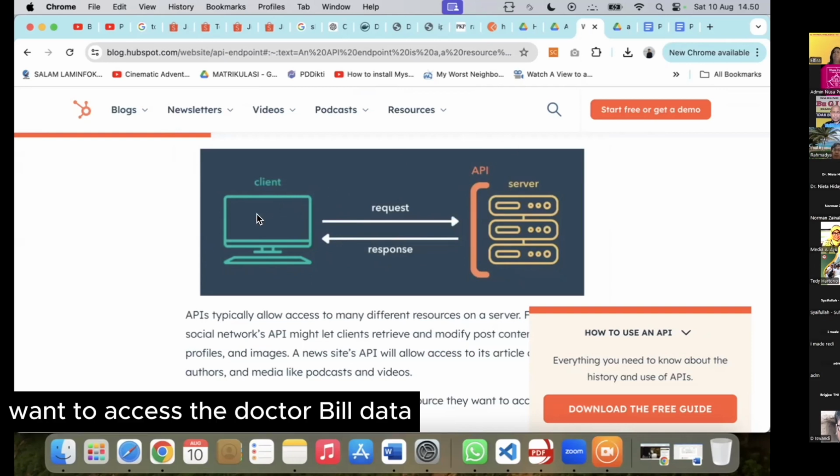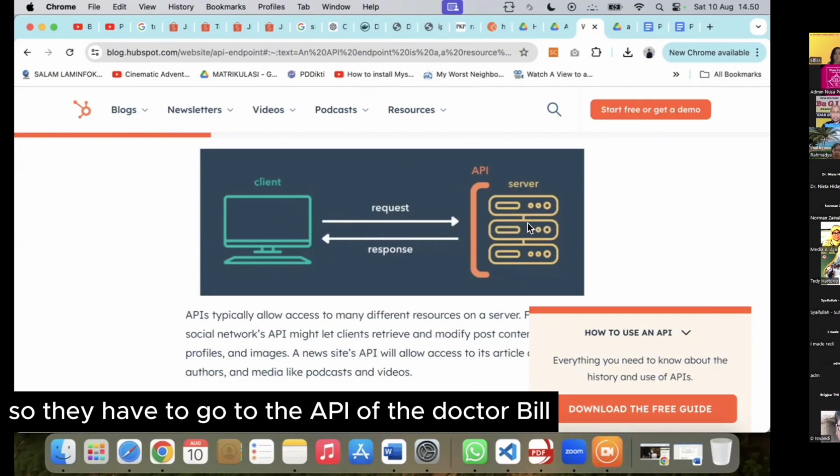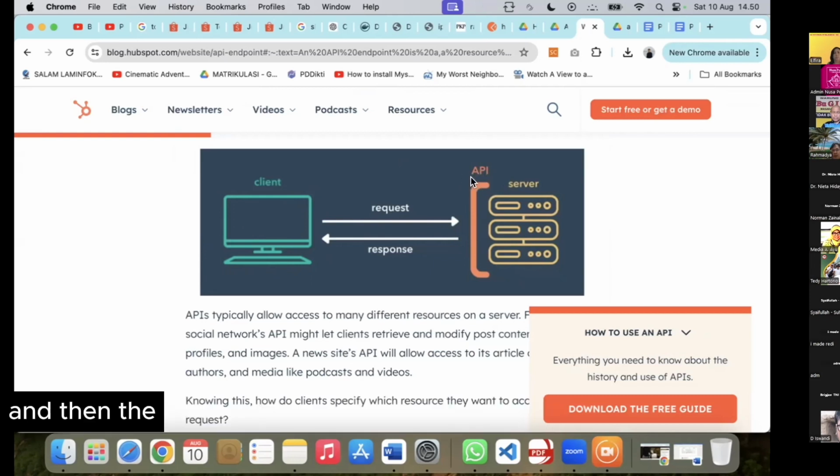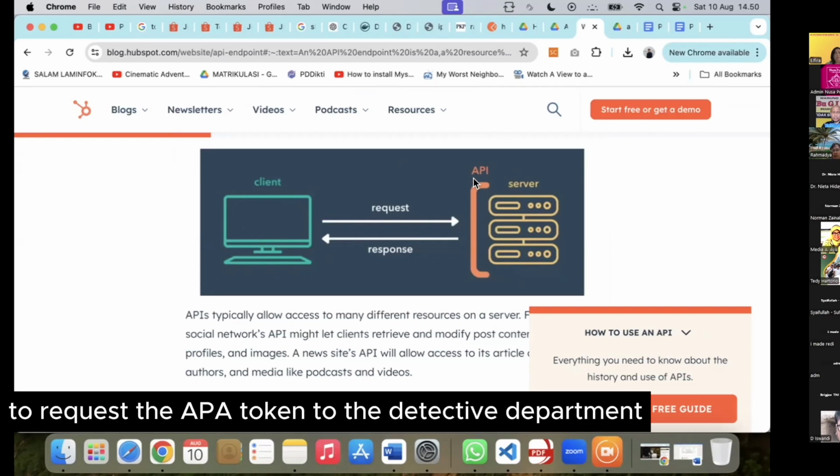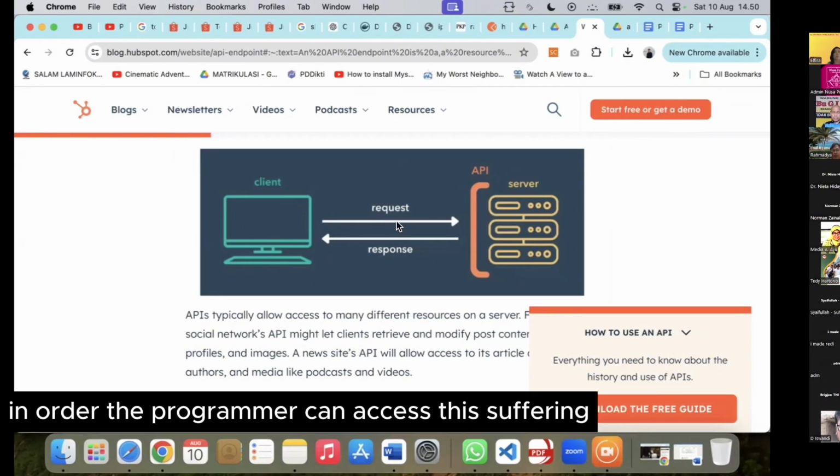So for example, one department wants to access the Dukcapil data, so they have to go to the API of the Dukcapil, and then request the API token from the Dukcapil department so the programmer can access this server.